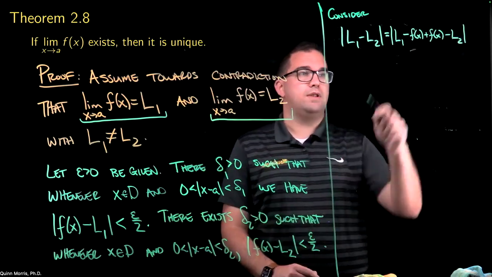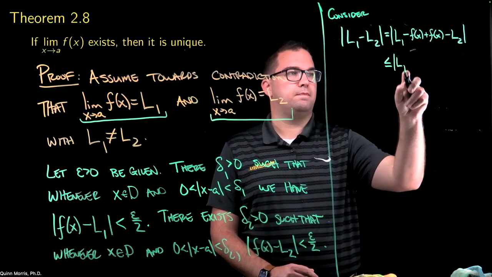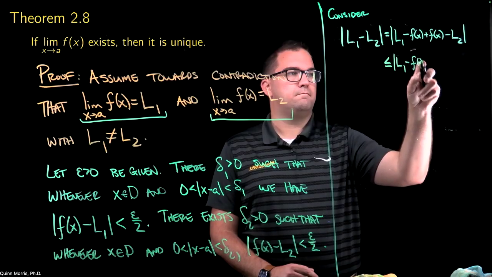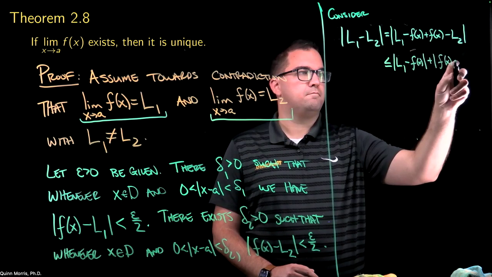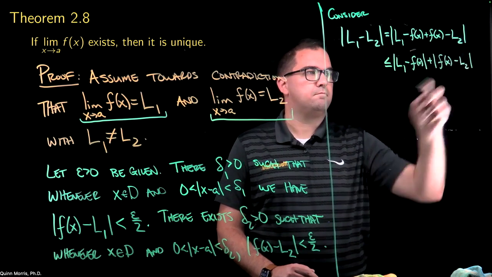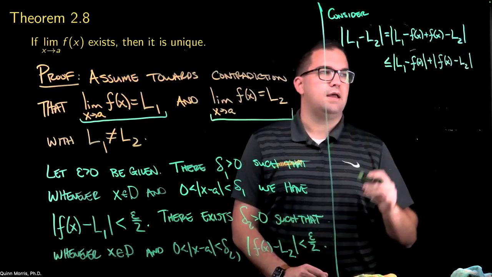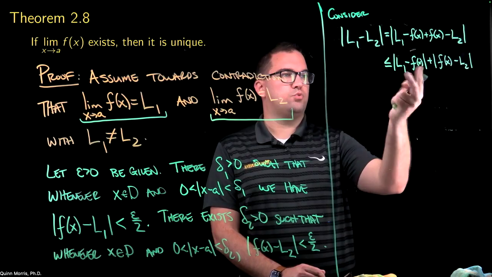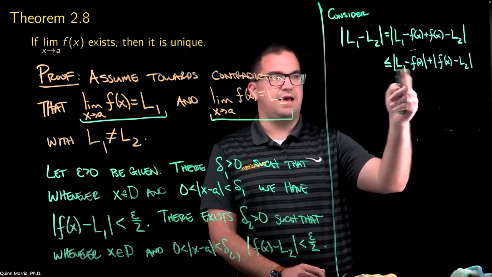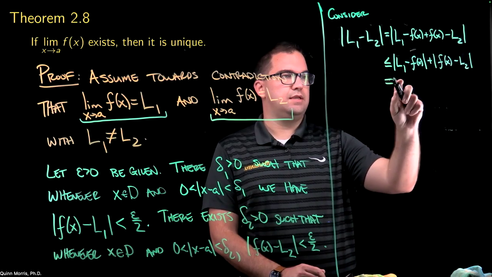Well, now I'm going to apply the triangle inequality. And now I can swap this because it's really just negating that, and inside the absolute values, it doesn't matter. So then this will be equal to